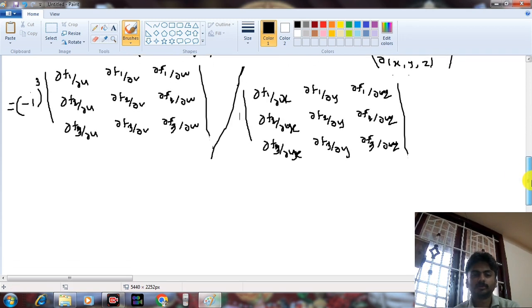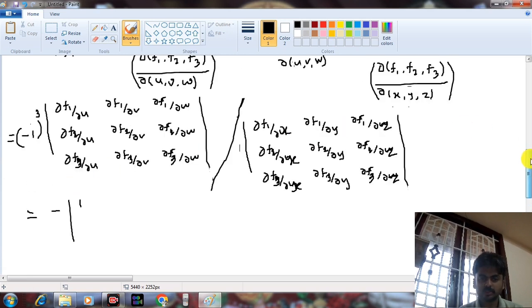So now we have to substitute the values for these formulas. So we will have minus of. When I differentiate f1 with respect to u, I will get 1, and if I differentiate,